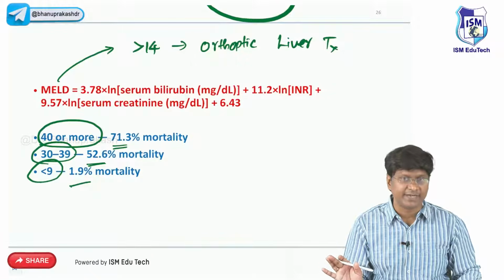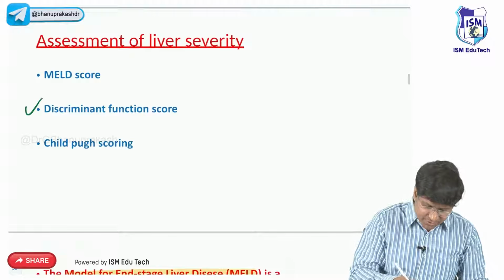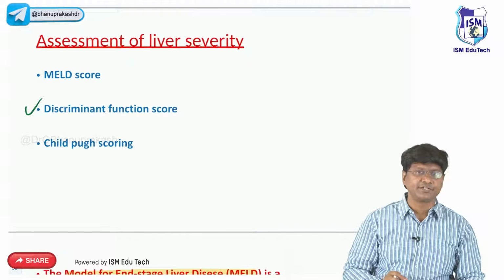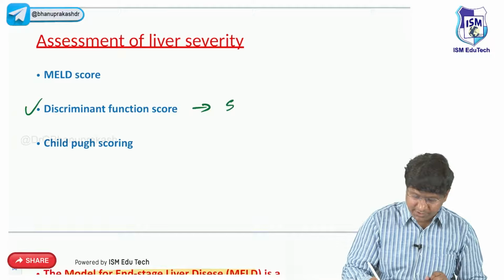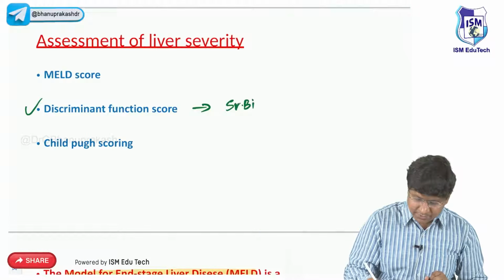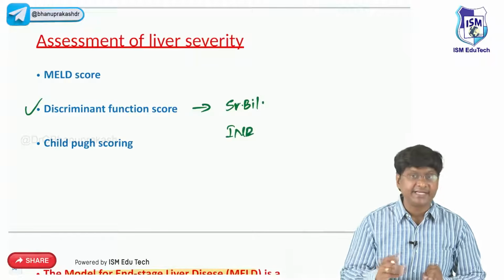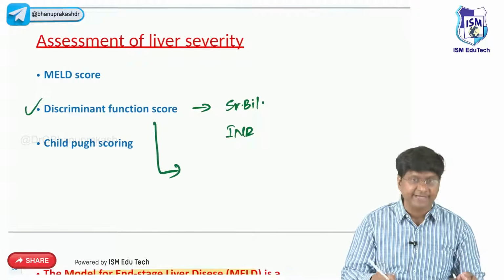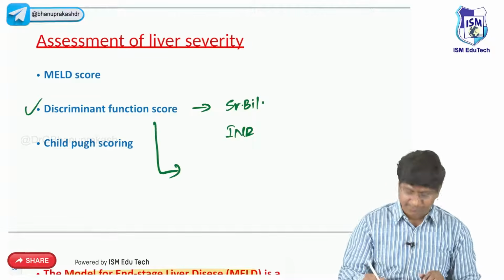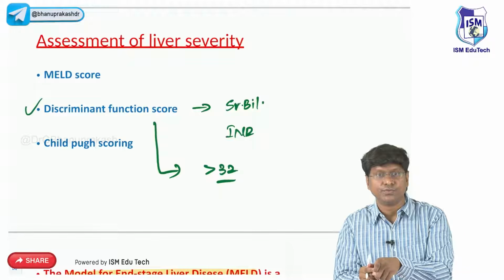HLA matching is not mandatory. Okay, that is about your MELD score. Next one is your DF score, that is discriminant function score. Now, the parameters in your discriminant function score are, number one, serum bilirubin. Next is the international normalized ratio. And when you calculate this DF score, if the score is more than 32,